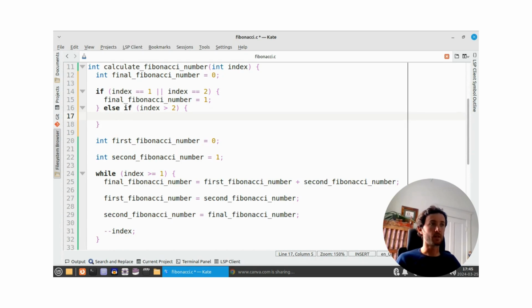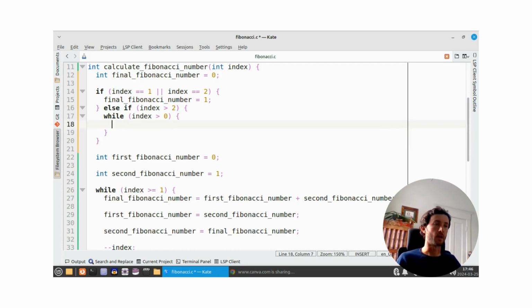So otherwise, if our index is greater than 2, then we're going to say, I think I shouldn't really count down with the index. Well, I guess I could. So while index is greater than or equal to, or just greater than 0, okay, we're going to say